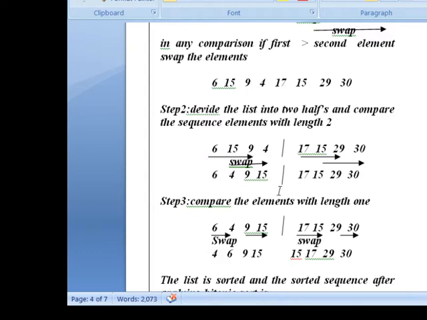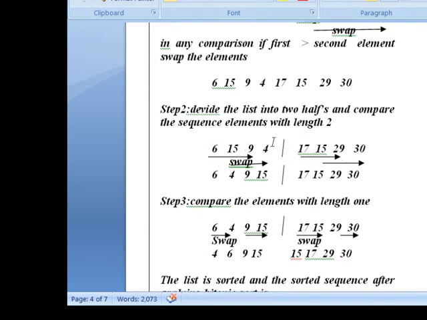Divide the list into two halves. This is the first half and this is the second half. The first half, that means this particular half cleaner of 8, is divided into two half cleaners. Again this is a comparison network, and this is also one comparison network. So one half cleaner is divided into two half cleaners. Now this is one comparison network and this is one comparison network.